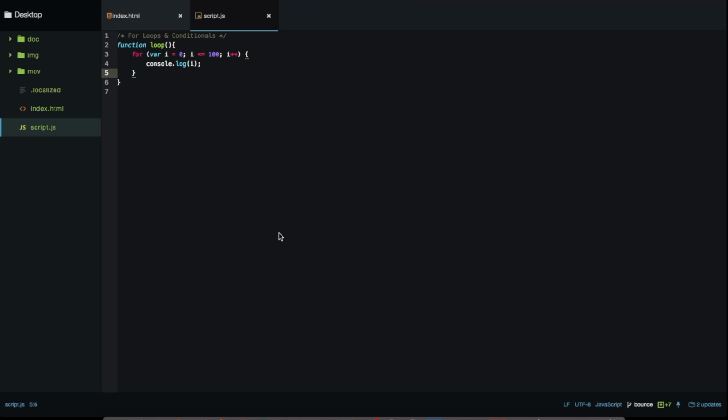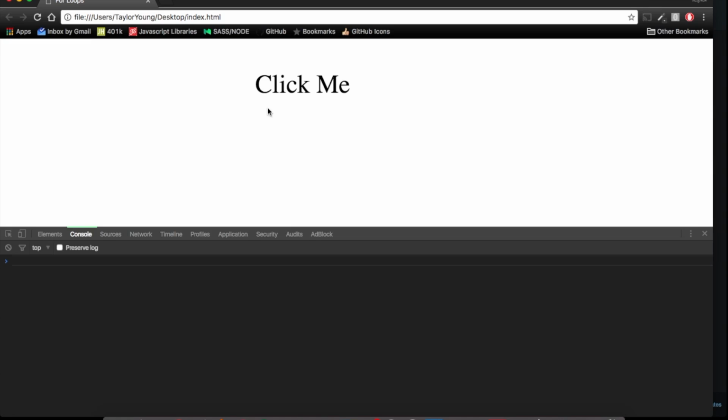And as I said earlier, these statements up here are optional. So if you do something like omit this second statement here where you're setting your condition, you're going to need to have a break somewhere in your loop, or else we're going to have an infinite loop, and I'll show you what I'm talking about. In this loop right here, we don't have an endpoint, and so this number is going to iterate forever. So let's go to our browser and show you what I'm talking about with an infinite loop. When we click here,